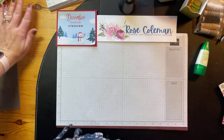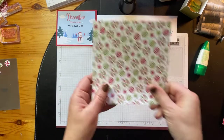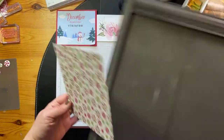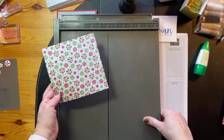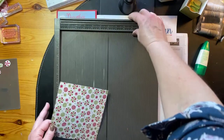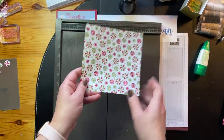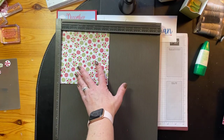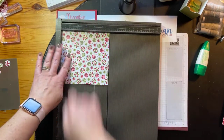Okay, so we're going to bring in some of that designer series paper. I've got a 6x6 piece. You don't even need to worry about cutting it. You just use the whole piece. I have my Simply Scored board, and I'm going to take the paper and put it up in the corner, and I'm going to score down the whole length at